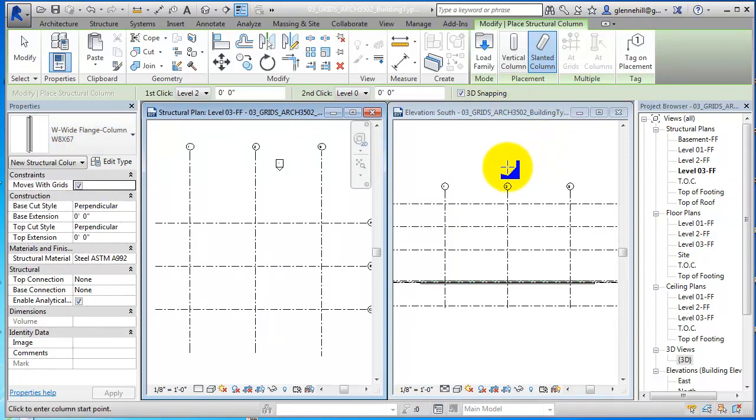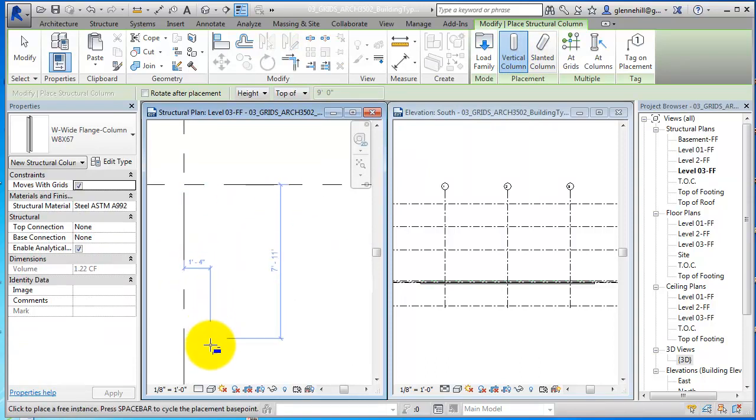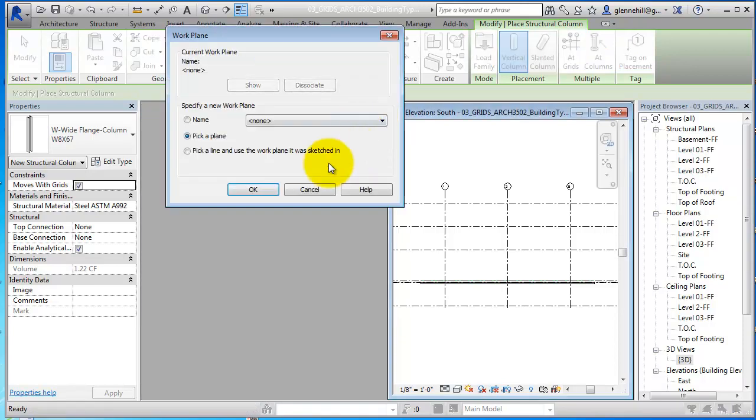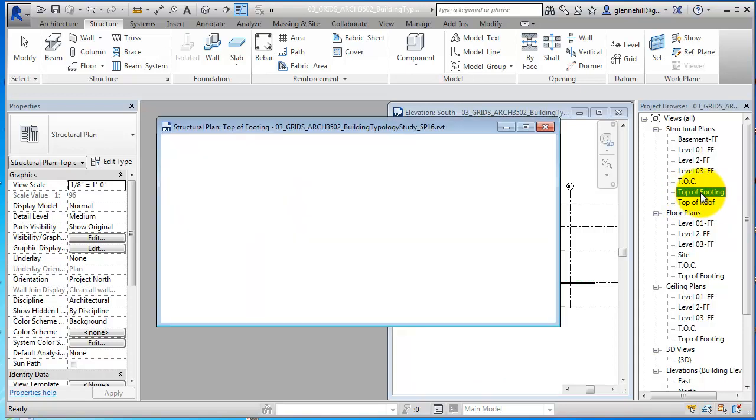The next thing we want to do is determine, is this going to be a slanted column or a vertical column? I'm going to make it a vertical column, of course. And you'll notice that if we go in here, we can't see it, because we're on level 3. So I'm going to close this view, and we'll cancel out right now, and we'll go to Structural Plans,